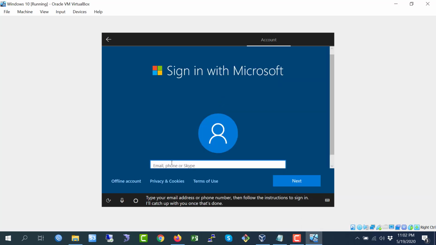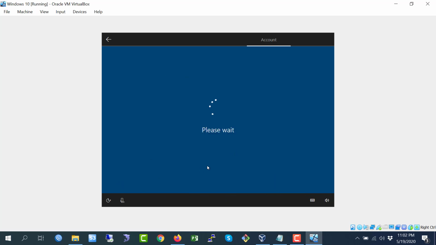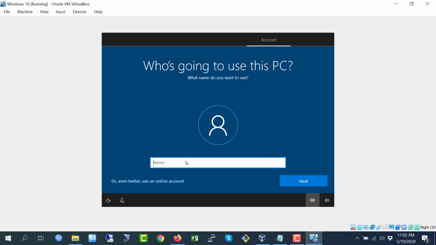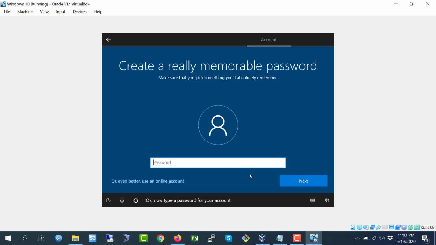And if you have a Microsoft account, you just put it here, or I am just going to click on offline account. Okay, now here put the name, just click on next, and password.